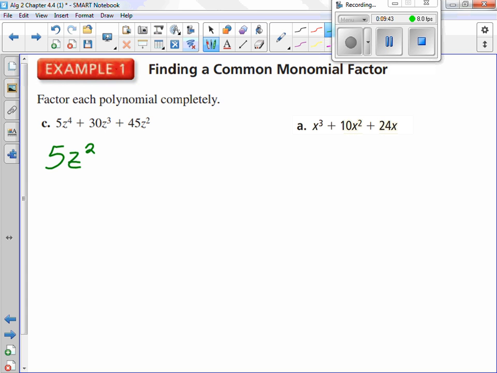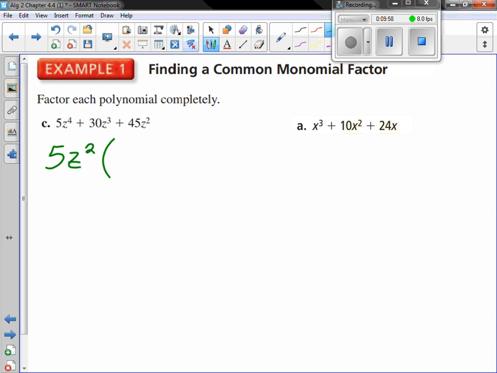And z squared is the biggest variable that will go into all 3. So we can factor it out. Well, 5 factored out of 5 would leave us with 1. Z to the 4th, if I pull 2 z's away from z to the fourth, I'm left with z squared. I had 4, I took 2 away, so I'm left with 2. So that's our first term. Plus